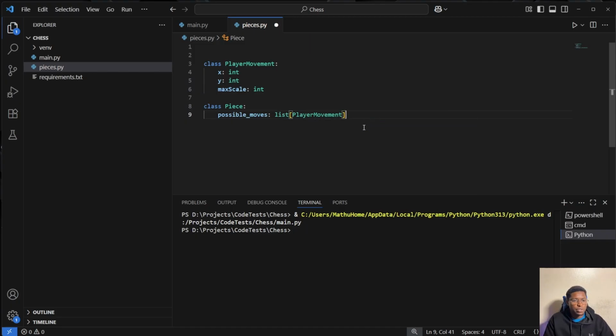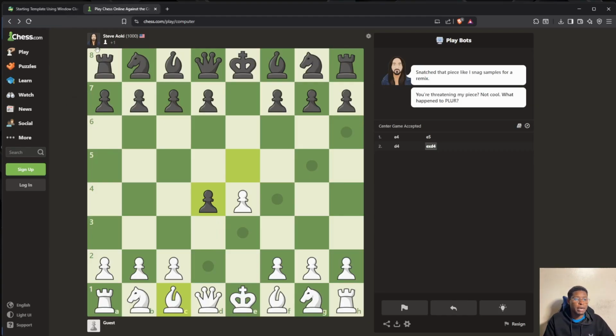The only possible move that you can have here is just one player movement, where we have x equals 1, y equals 1, and max scale. Max scale is how many times the player can move, and since the bishop does not have a maximum limit of movements,